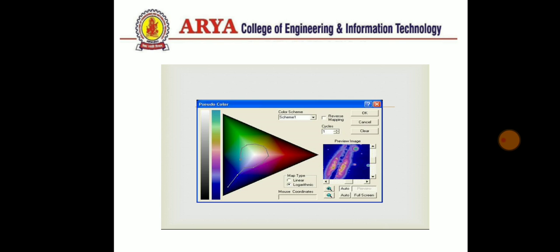So in this screenshot, we first of all have to select color scheme 1, 2 or any other. Then we have the map type. We have to choose piecewise linear or the logarithm, and we have to apply the input image on it, and we can preview the image. On the right hand side there is a preview image. So after applying the colors, we can also see the temporary output along with the input, so that we can view the output similarly with the input.